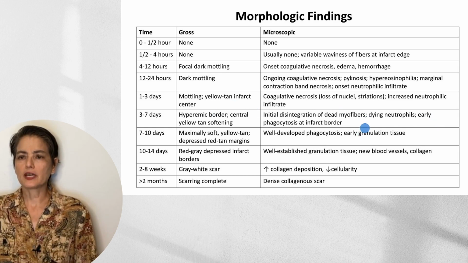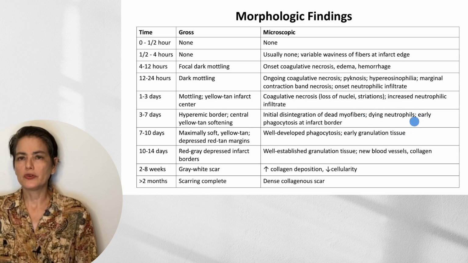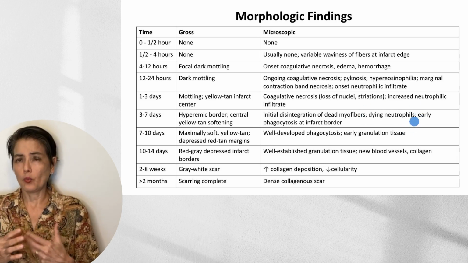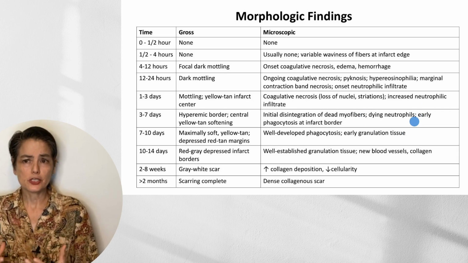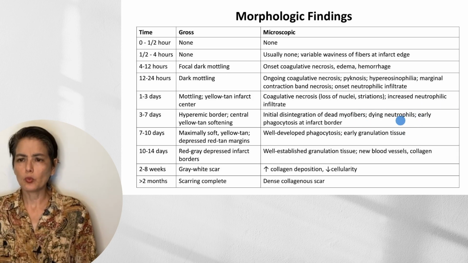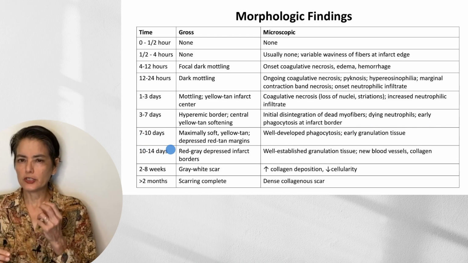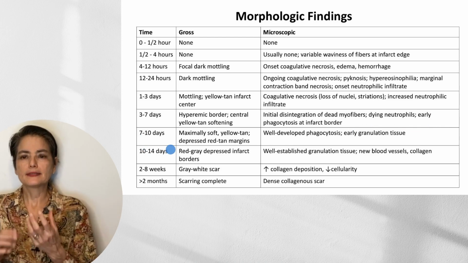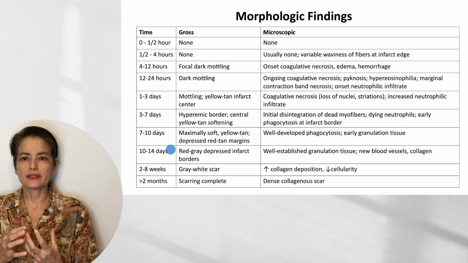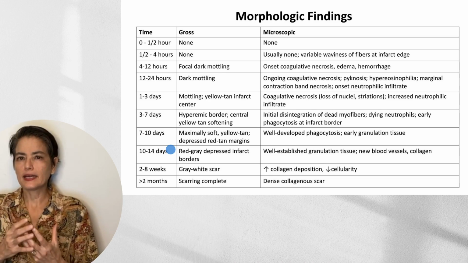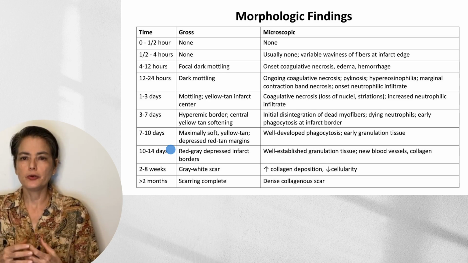Now, if we look at this microscopically, we're going to see the death of the first wave of neutrophils, but keep in mind that with this necrosis, there will be some additional neutrophils moving in, but most of the ones that you'll be seeing will be dying. We'll also have early phagocytosis at the infarct border. Over the next week to week and a half, this is when you're at your greatest risk of rupture, because this is when we have well-developed phagocytosis and we have a lot of digestion of that necrotic tissue, so it's